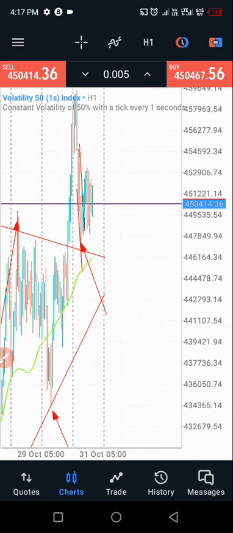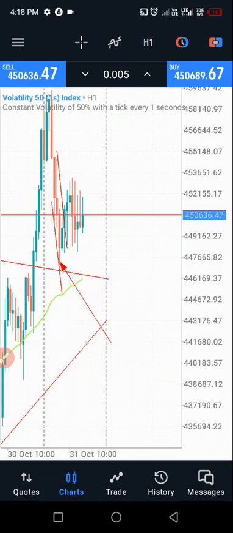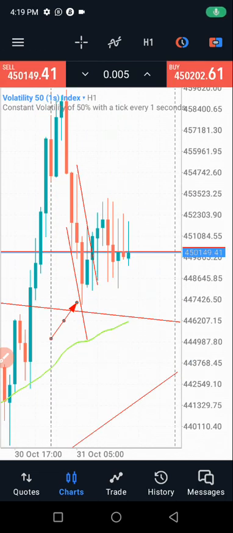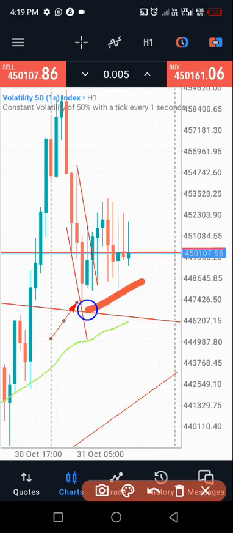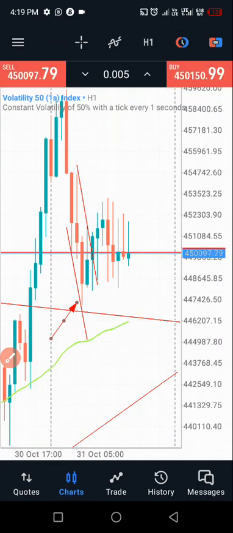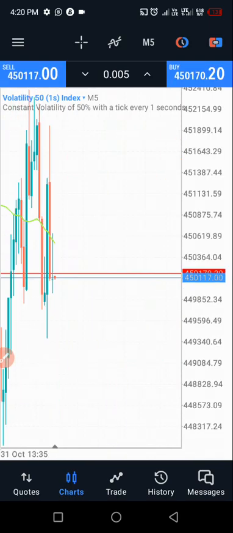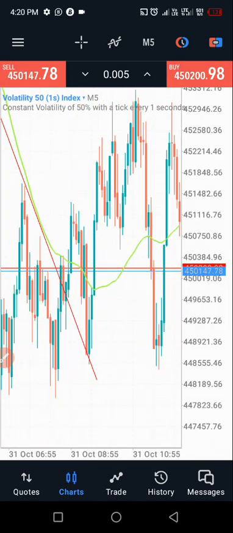After the market retraced back here to the trend line, I had to move to the 5 minutes time frame, and on the 5 minutes time frame, I noticed